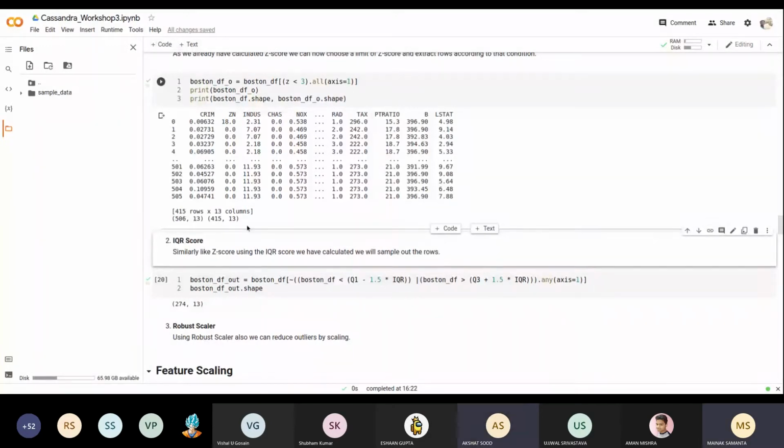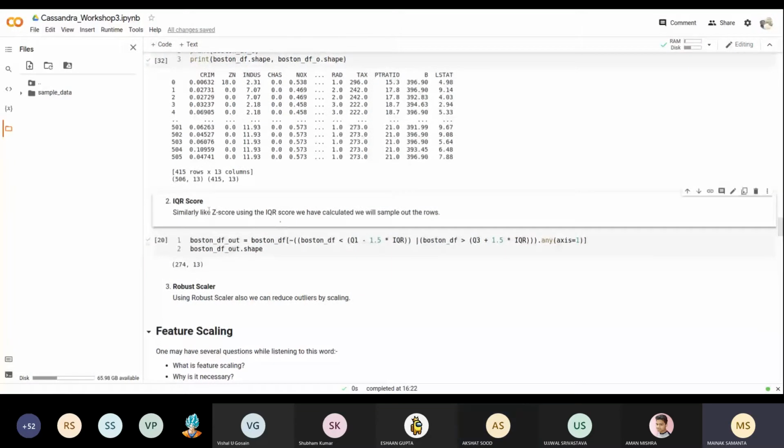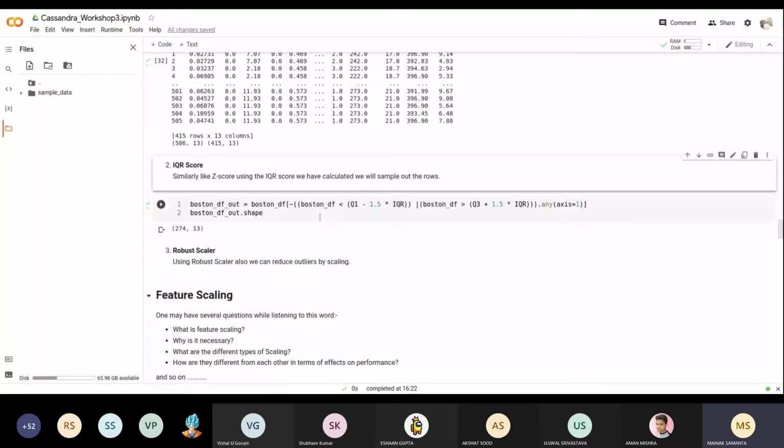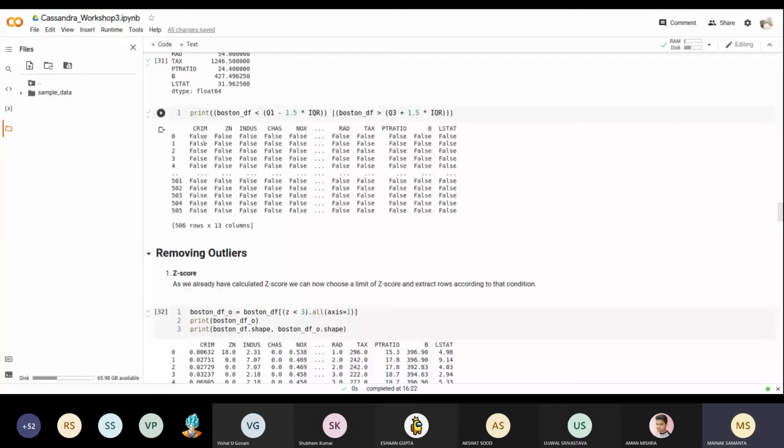So this is how we have removed the outliers by Z score, and you can also use the IQR score like the Z score. I have already said that where it is False, that is not an outlier.